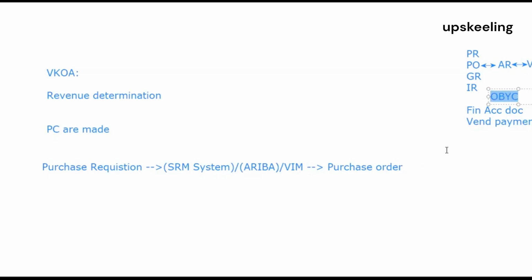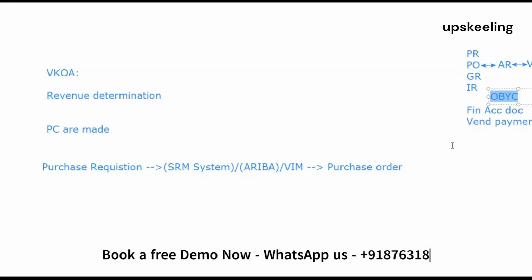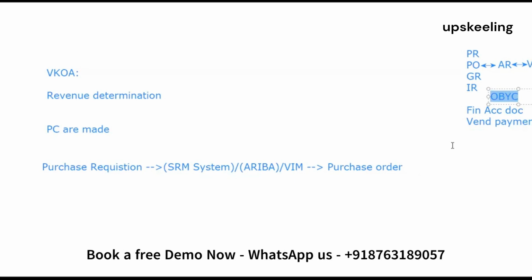Okay, I got a question here. In your GRIR account, you place one order for 10 items, and the price per item is $100, so it's a $1,000 PO. But received only by accident. Only 5 items arrived, but he received the whole PO of 10 items. Yes. So it's going to say, okay, debit your material and credit your GRIR account with a full